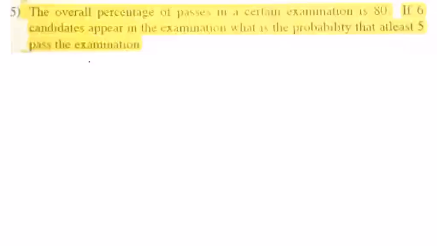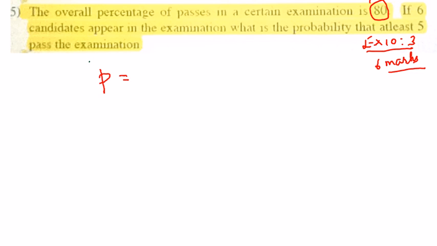So this is exercise 10.3 fifth sum. This is also a 6-mark question. The overall pass percentage of a certain exam is given as 80. So since the pass percentage is given as 80, all you have to do is take P,